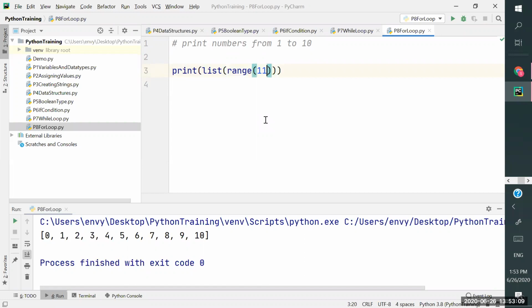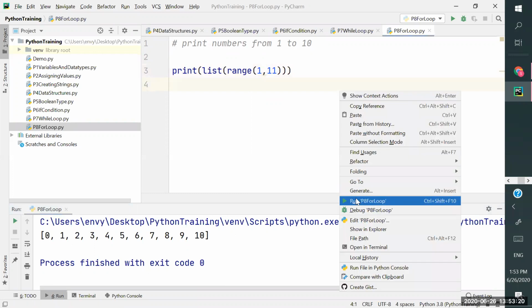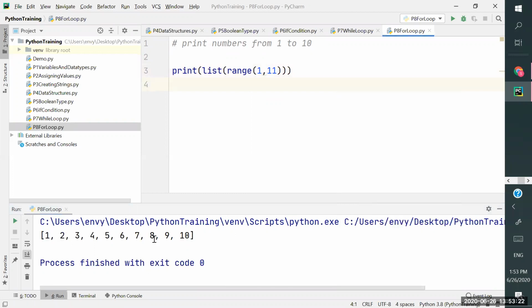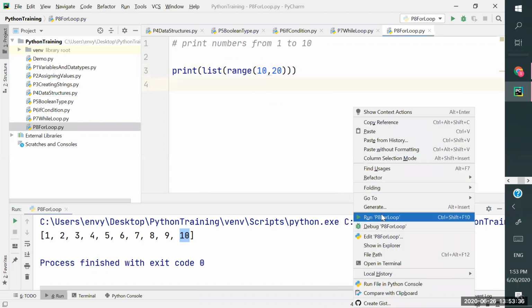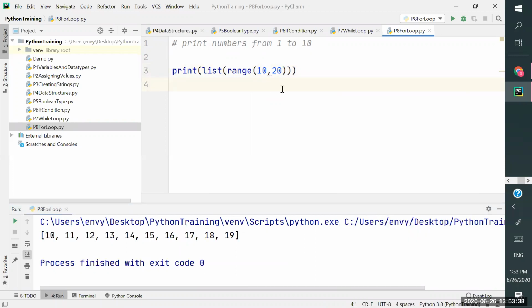If I give 11, it is giving you from 0 to 10, so a total of 11 numbers. And if I specify 1 comma 11, the starting position becomes 1. That's it. And the ending position is going to be n minus 1, so that is 10. Let's say I want to start from 10 and then 20. It is going to give you numbers from 10 to 19. This is how it works.